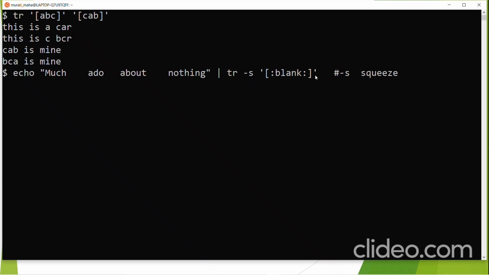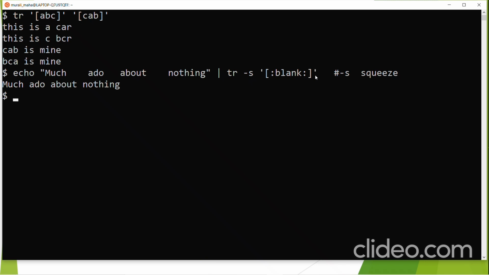So [:blank:] stands for the horizontal space characters. What it does is squeeze multiple consecutive occurrences of the horizontal space characters to a single space. By horizontal space, I mean the space generated by the space bar and the tab character.